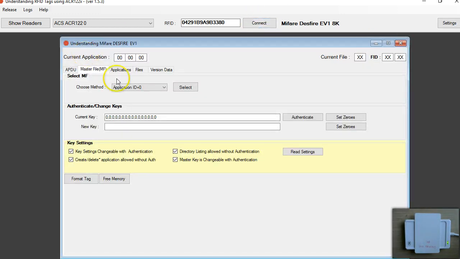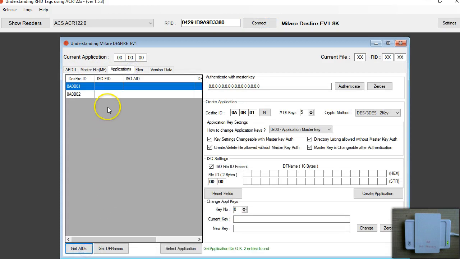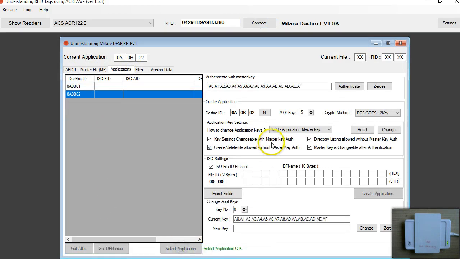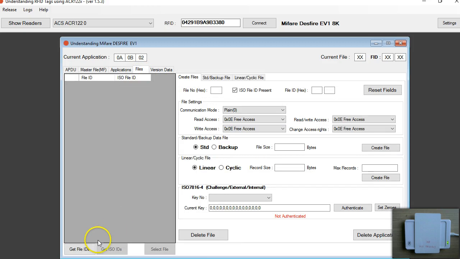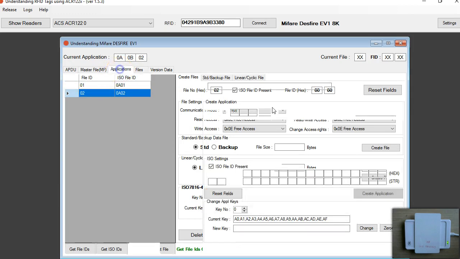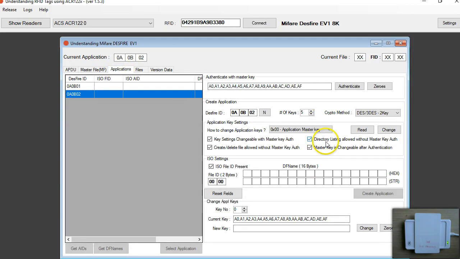So go here, select all the application, select this application, and I can still read the file. See, reading the file is same as the directory listing, which is allowed. And here what you see here is not the current reading. So click on read. So you got that,